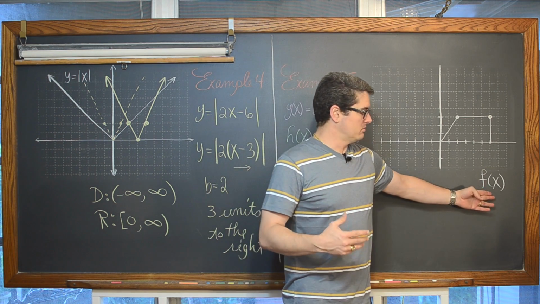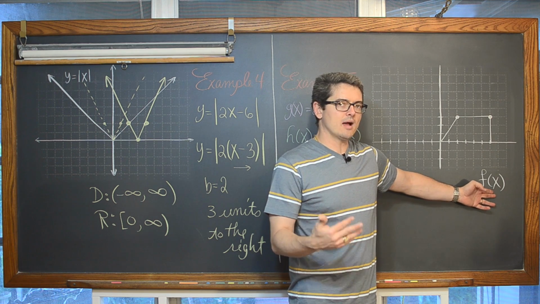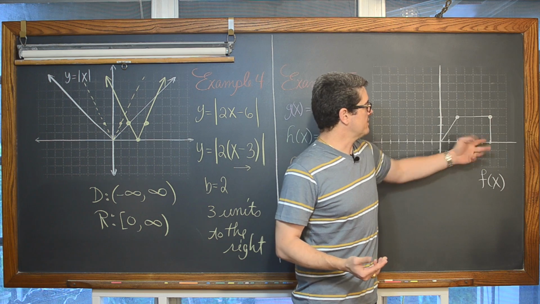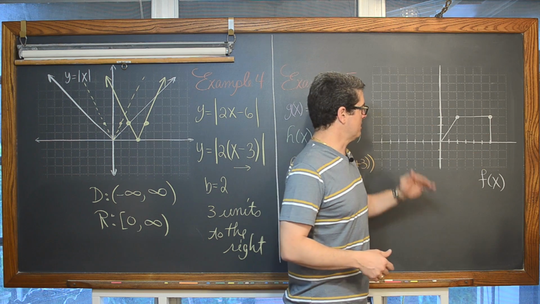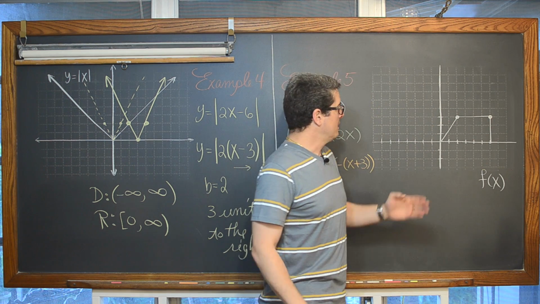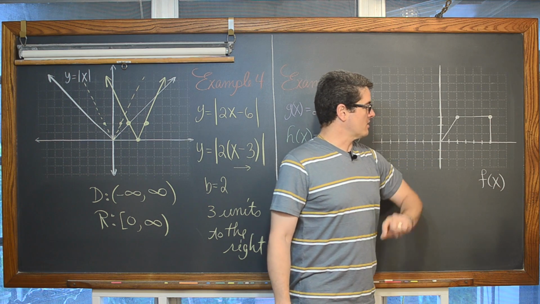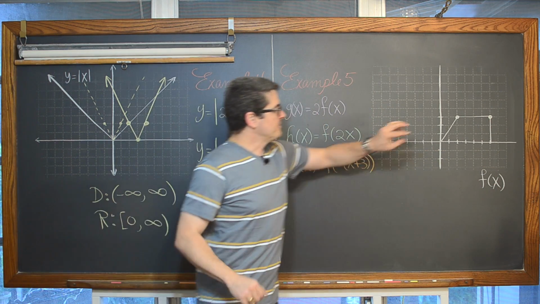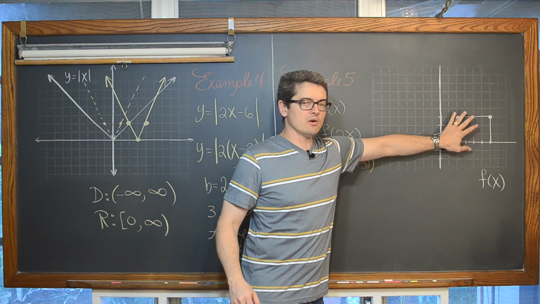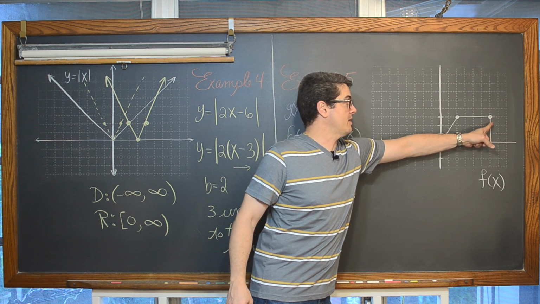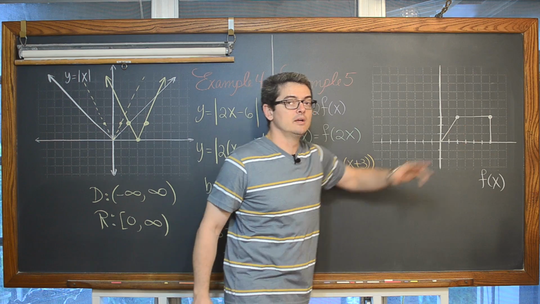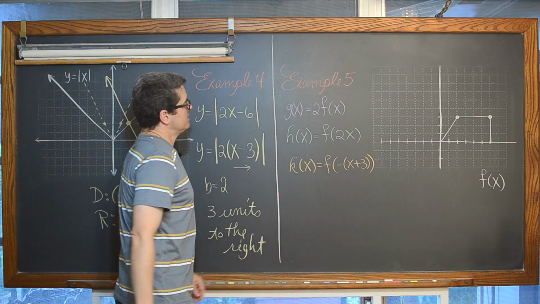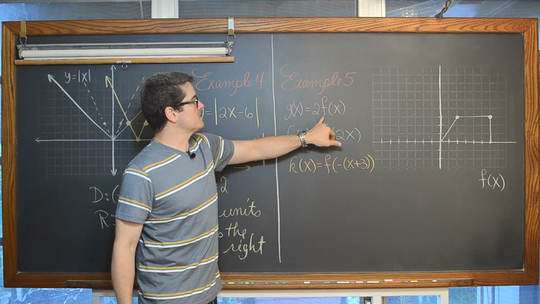But to really stress that, in our last graphical example, I've given us not an absolute value function or a parabola or a logarithmic function or a sine function. Here, this basically looks like a polygon, except there's no line segment along the bottom. We have a 3-sided graph, and I'm going to call that function f of x. Actually, it's not a function, that would fail the vertical line test, it's just a graph, a relation. We want to sketch g of x is equal to 2 times f of x.